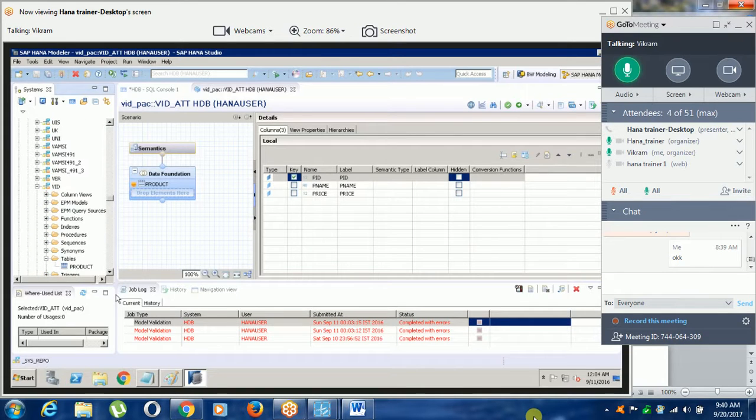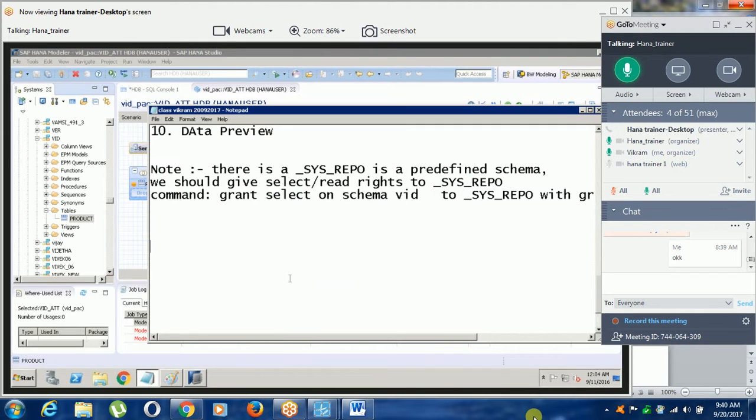How can it be known, sir? Because of the icon, which explains this is a row store table. Always remember, only column store tables can be used in views.